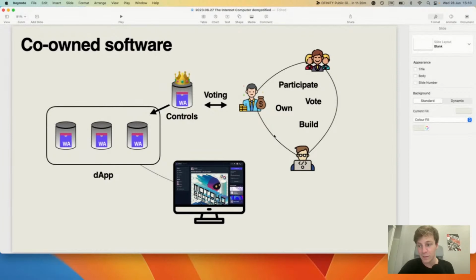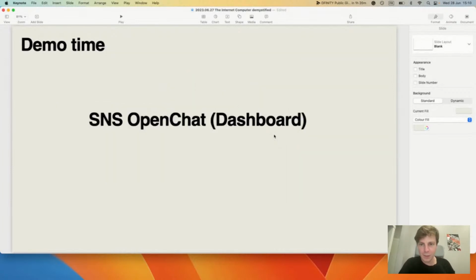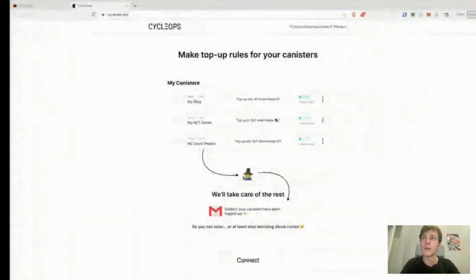So it's the first time that we have something that is co-owned, where the software itself is able to be bought and traded on exchanges. So that's what I mean by co-owned software. And we can actually see that. So